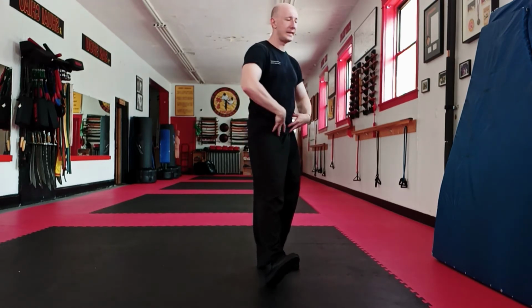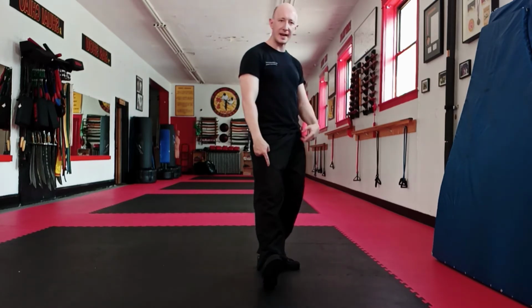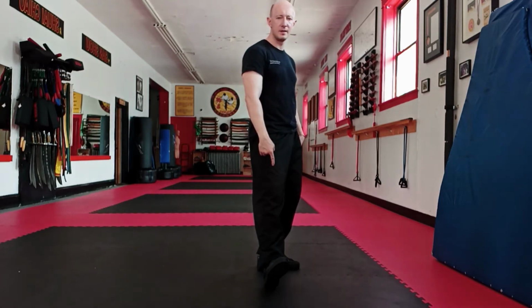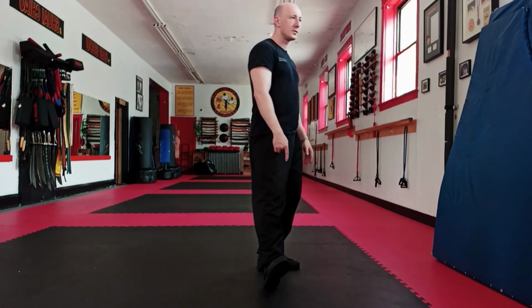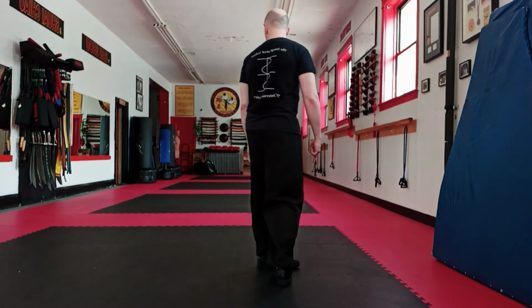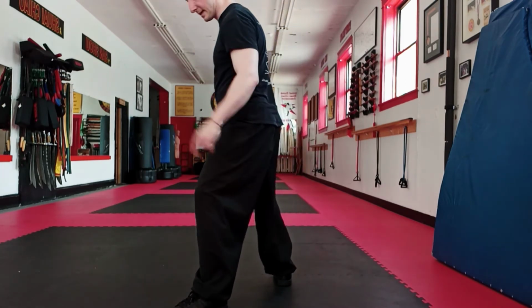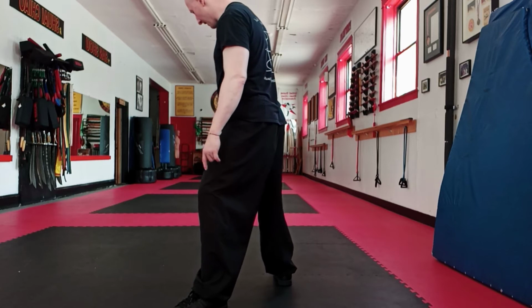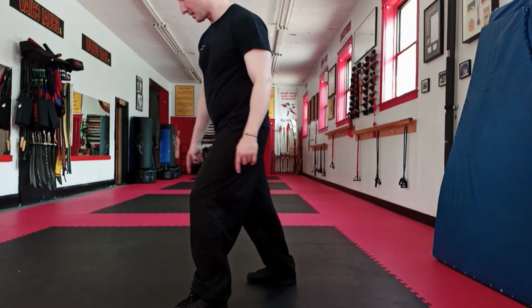I have found for me, and part of this might be just the way I'm pigeon-toed and everything, when I can lift this higher and then I turn my dantian, it helps me set up the foot better. So that way I don't really have to do as much readjusting. So I'm going here and I turn, and then I got to step out. And at this point, I do have to readjust. My weight, as it transfers,